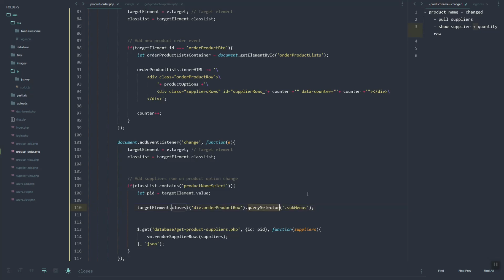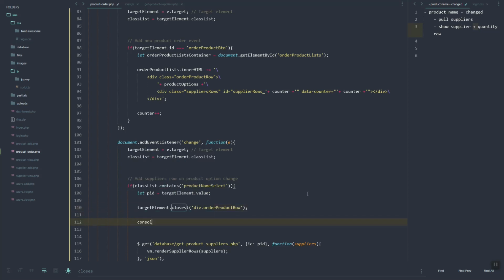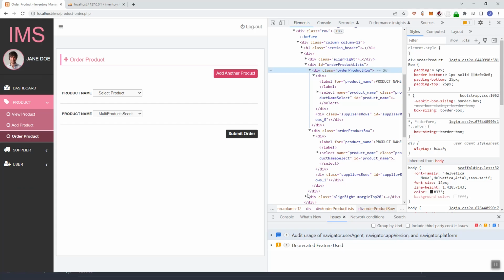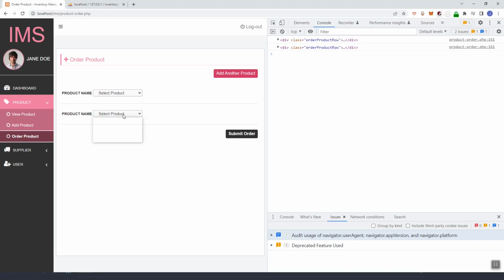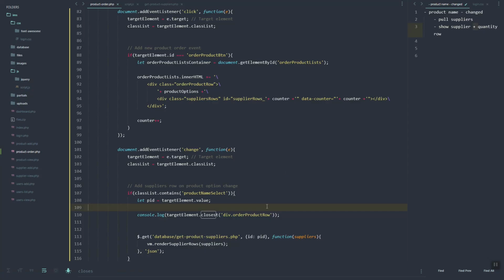Can we do this one? Let's just try. So that lag. Refresh. Let's see if it works. So as you can see, we pull the parent order row. Now we need to find or select